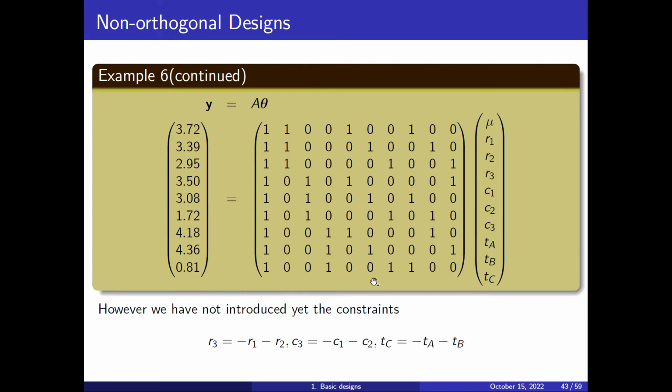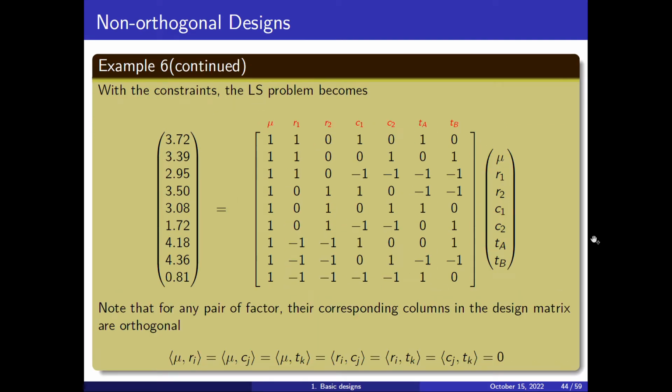So if I now do that, then this would be my equation system. So I still have 9 equations. Now my unknowns do not include R3, C3 or TC, because I can compute them from these ones. And now the matrix looks more ugly, because we have all these minus ones, but still the way to compute is the same. So for instance, this 372 would be mu